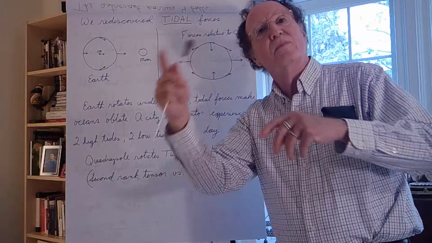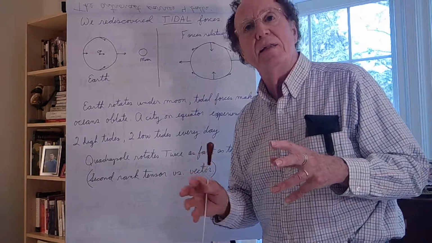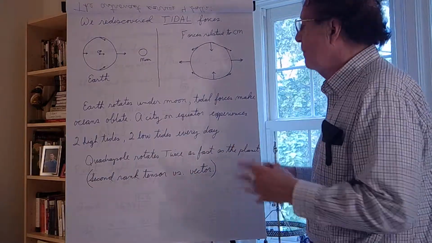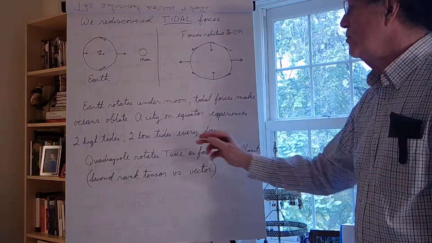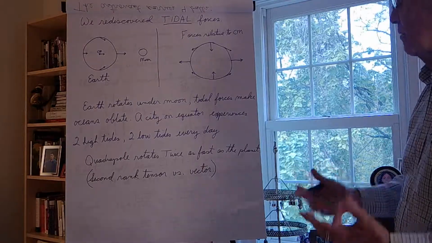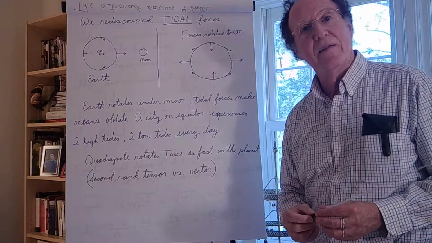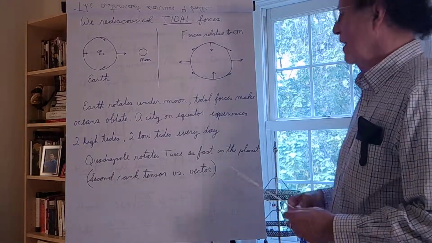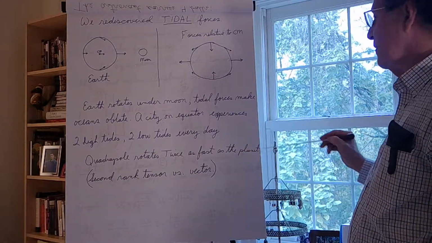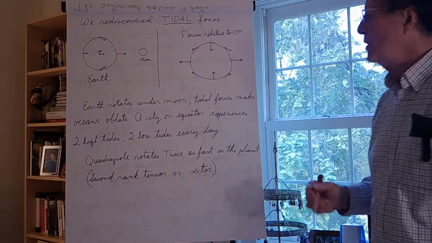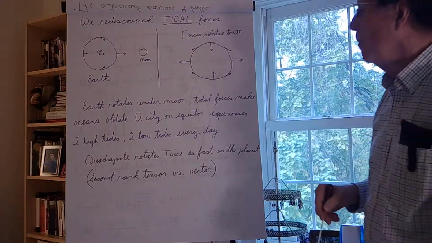There's a small correction because the moon is also rotating around the Earth, but that's once every 30-odd days. Okay, that's a correction of about half an hour, and every harbor master knows about it. But roughly speaking, I get two high tides and two low tides every day, as anyone who lives in a harbor knows. Like Newton, who was living in London, observed the tides. And so we learn that therefore the quadrupole moments rotate twice as fast as the planet. The moon goes around once in a day, and the quadrupole moment